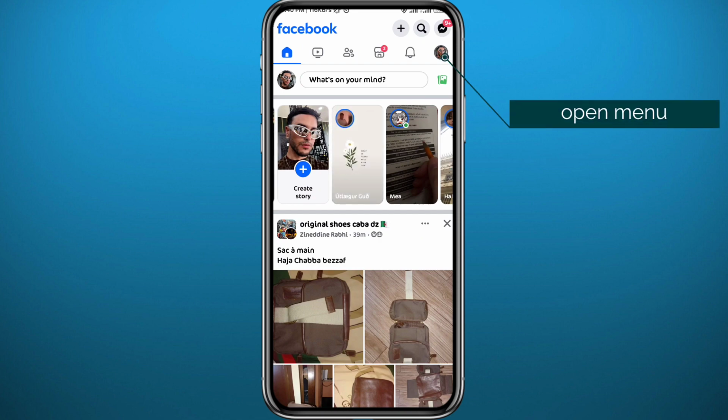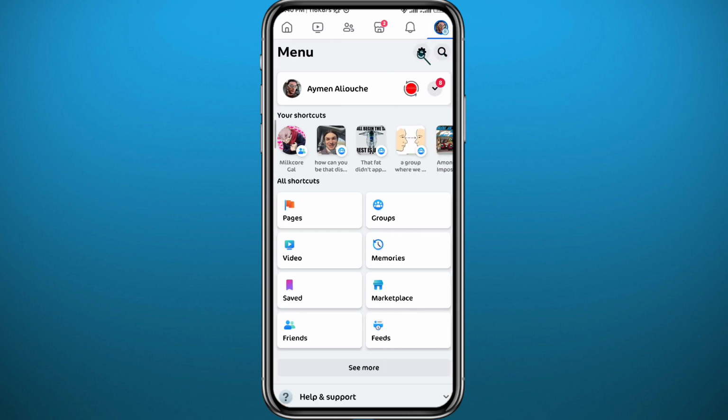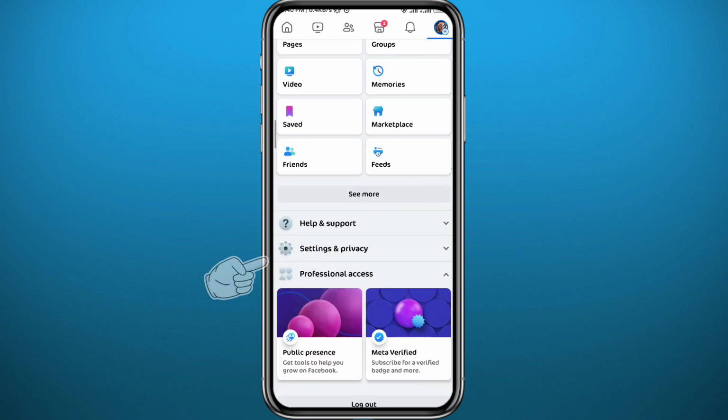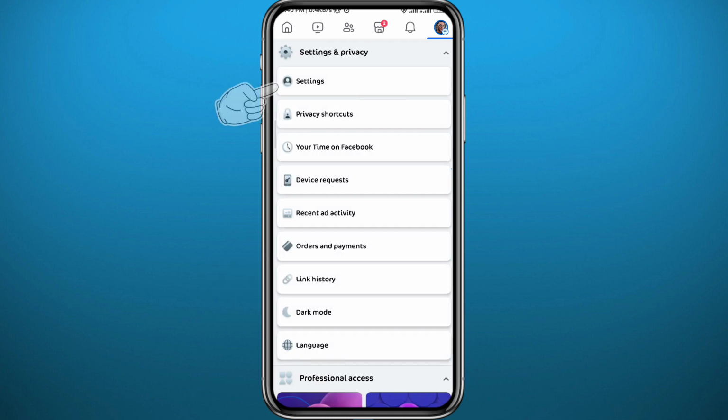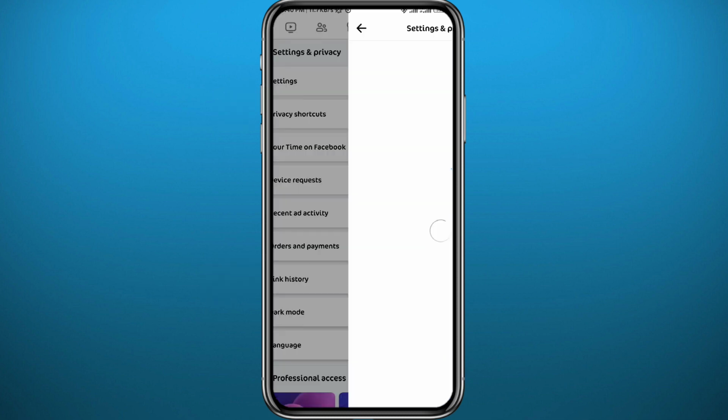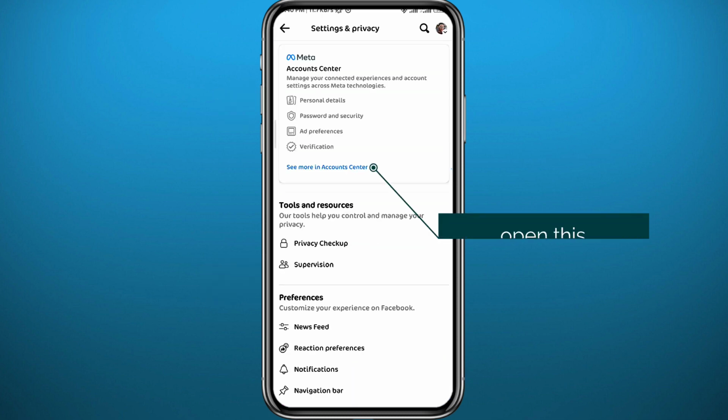tap right here in the top right corner to open the menu. From the menu, you can tap here in the top right again to open settings, or you can scroll down instead, tap on settings and privacy, then tap on settings of course because we need to get to settings. Now from settings, tap right here to open Account Center,